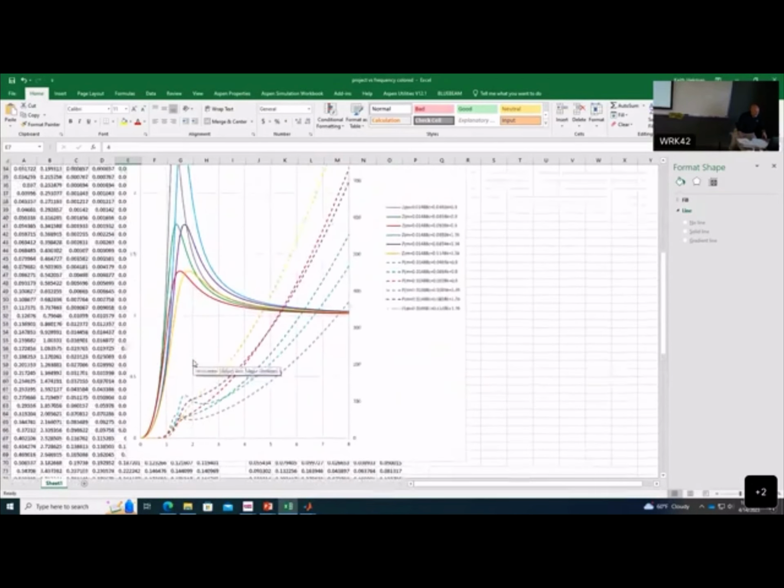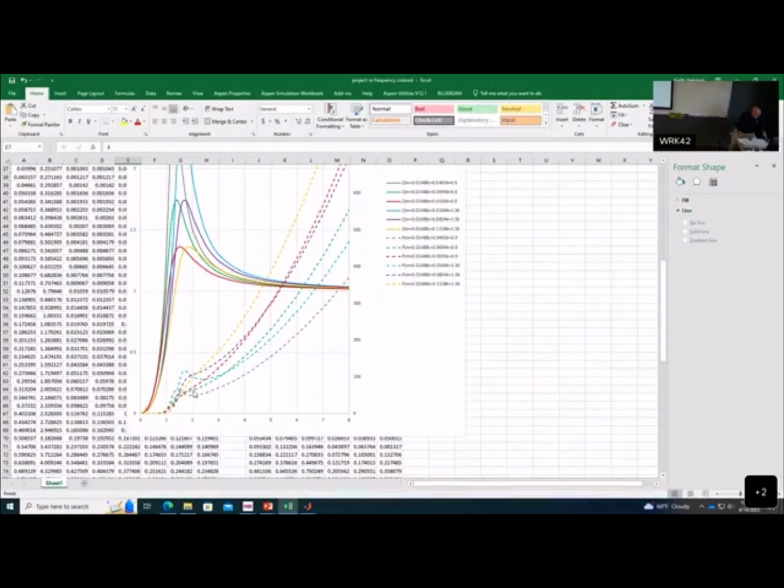So now you can decide which of these is better. Again, you're trying to optimize for everything, which means there are trade-offs. So light blue is better here, but lower at higher frequencies,